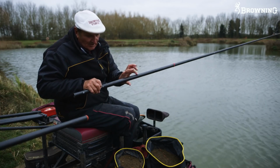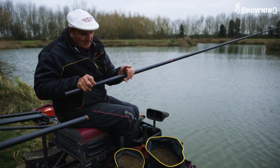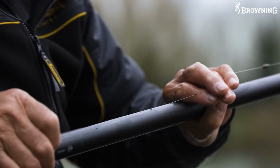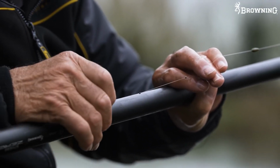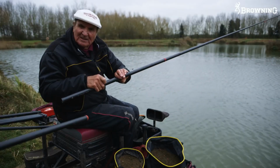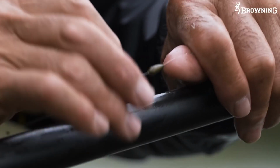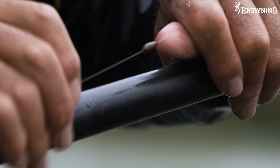And you can see I've got 3 shots here, spaced here, these three number 10s. The hook length's 0.10, and then the main line's 0.14. That's a Browning line, great line. And there's the Olivet there. And that Olivet,